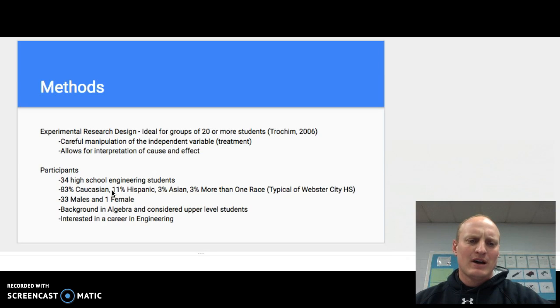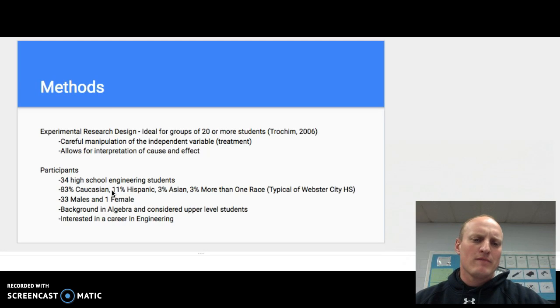The participants in my study were my 34 high school engineering students. The percentages of students as far as their race was broken down very typical of Webster City High School. So that was nice to see, because if the research showed that the treatment worked well in my class, it could potentially work well in other areas of our school.